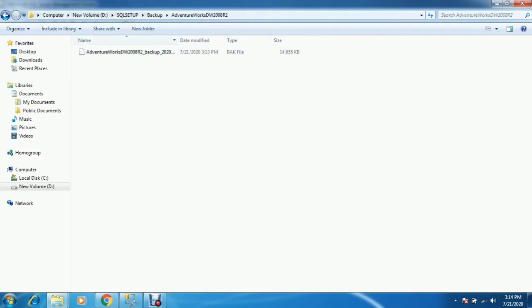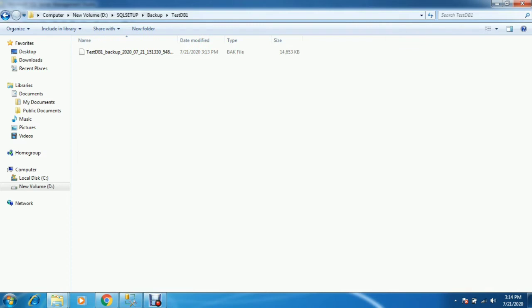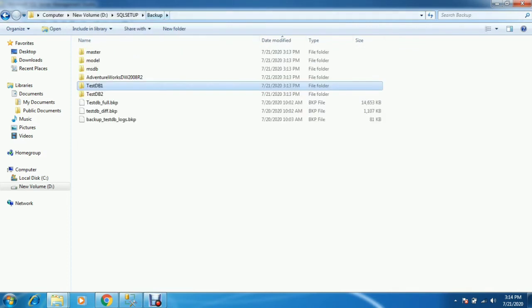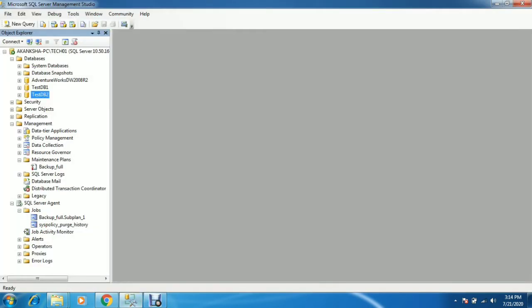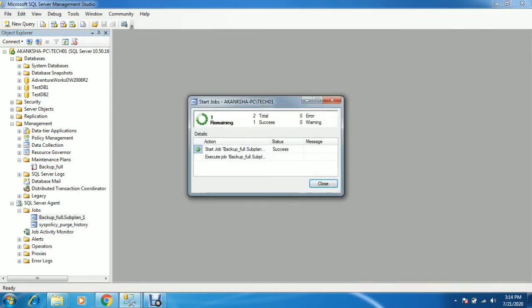Now I can see the backup is there for the database adventure, model, tempdb, msdb, all backups are available. Let me execute another time. I will show you.